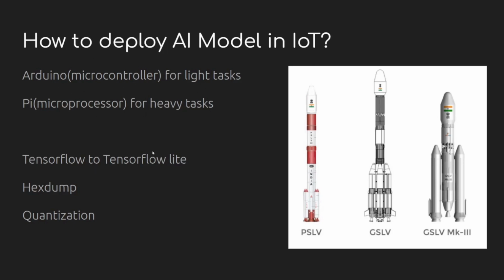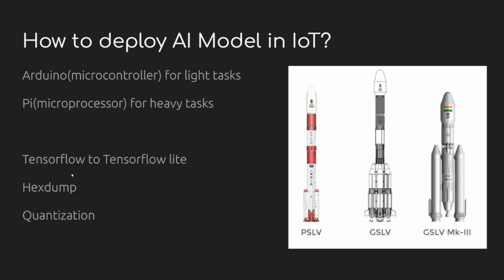Then what we can also do is, suppose you work on a model using Google Colab in TensorFlow, you can migrate the same to TensorFlow Lite. There are mechanisms in the Google TensorFlow documentation, you can explore that. You can convert the original TensorFlow to TensorFlow Lite so that you can use it on smaller devices like this. So don't assume that whatever works on your computer will work on Raspberry Pi or Arduino, because they have very limited processing power.